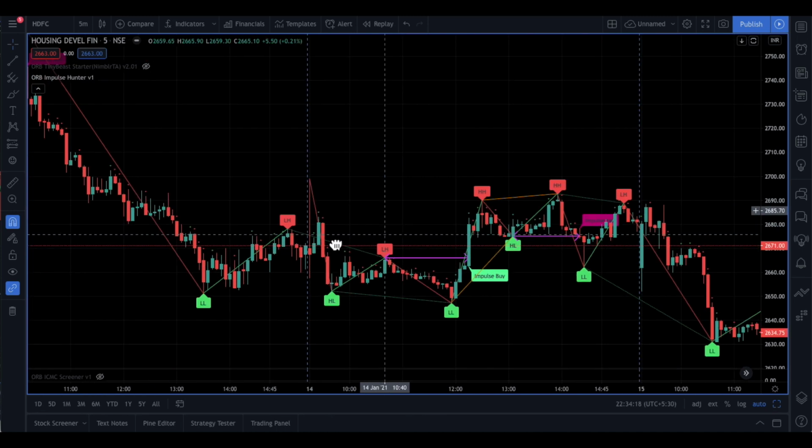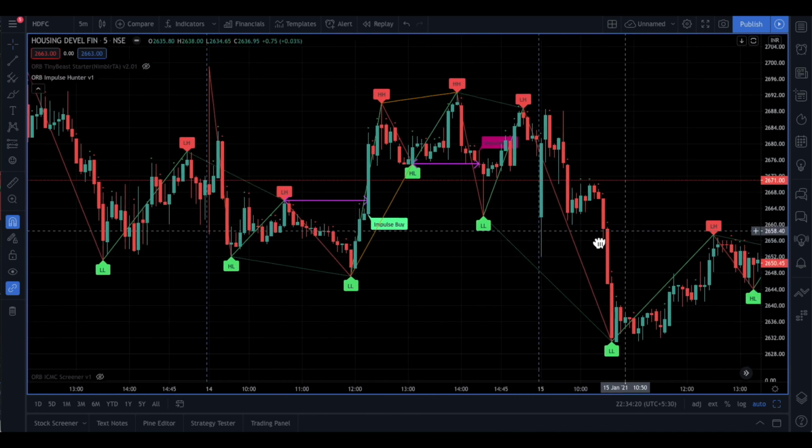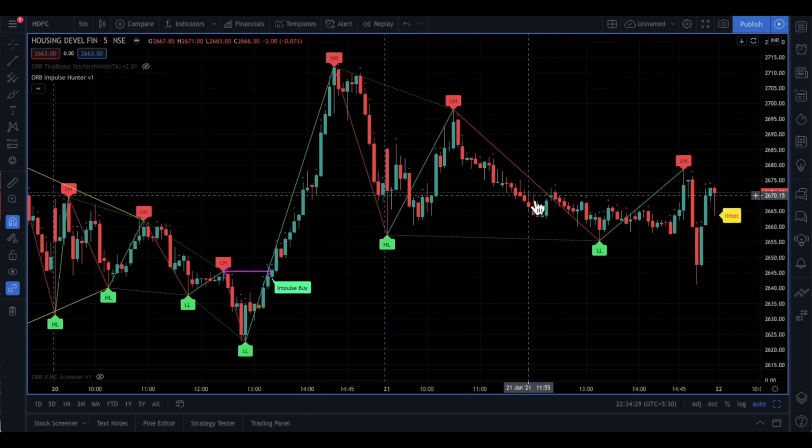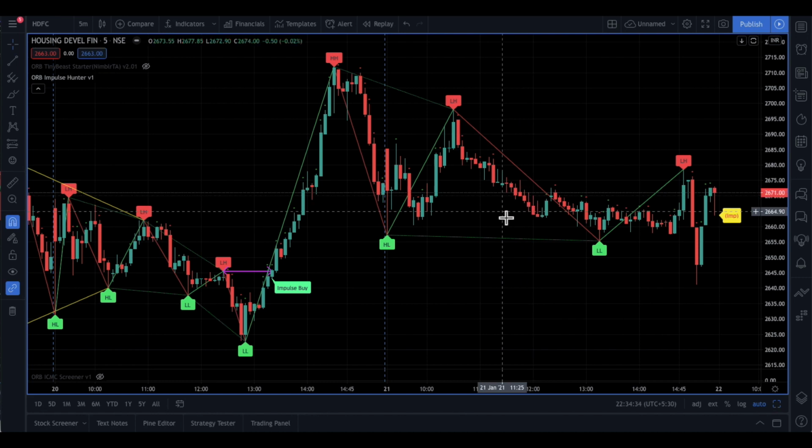There's another thing which is included in this indicator, the Binet formation. Binet formation means it's a compression. We call it the compression formation. So Binets generally are rare to find. You don't find them very often, but this indicator will spot them. In some stocks they are found very often, in some stocks they are rare. In case of HDFC, you will not have various Binets formed.